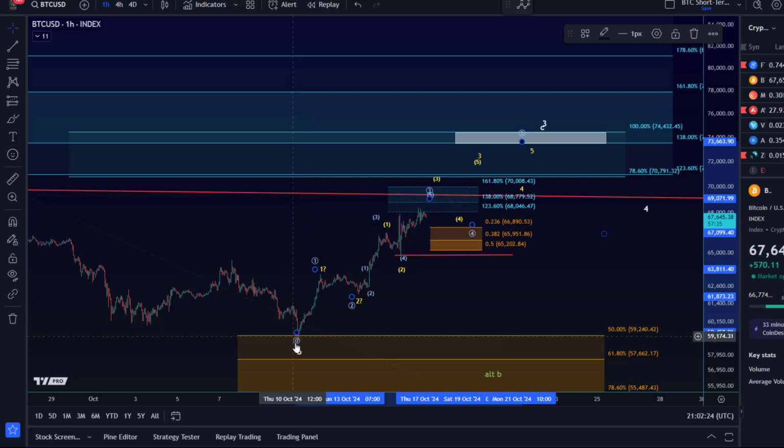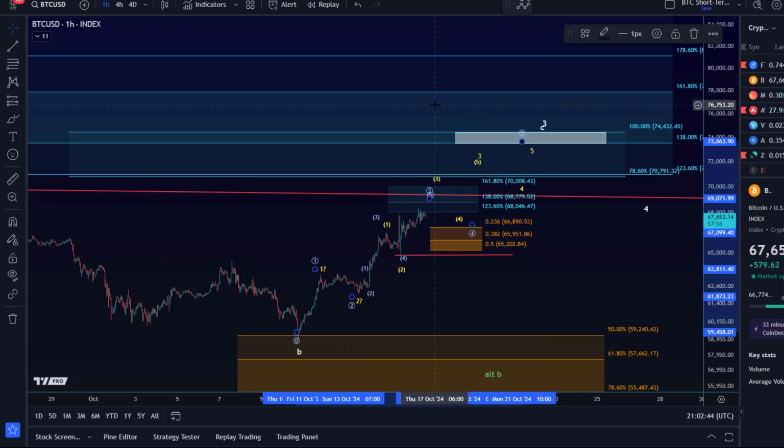The yellow scenario, I don't like so much. This is based on the idea of a 1-2-1-2 setup, and we could subdivide higher as well, probably with quite shallow pullbacks, but then again, the blue count should also show shallow pullbacks. So maybe we can ignore the yellow count. I don't know. We might need it. I'm not entirely sure yet.